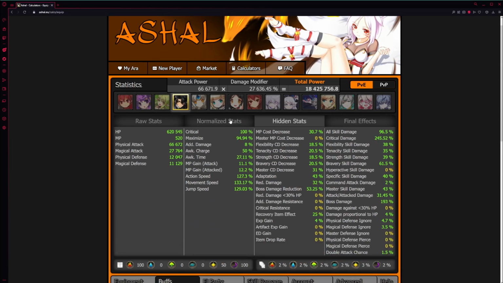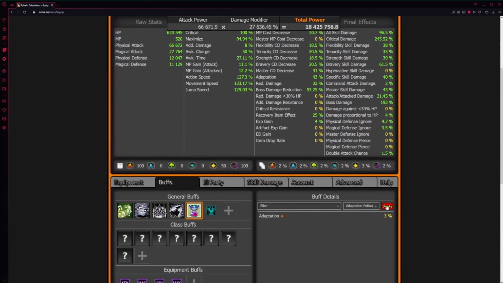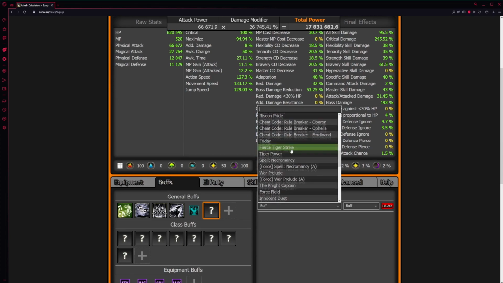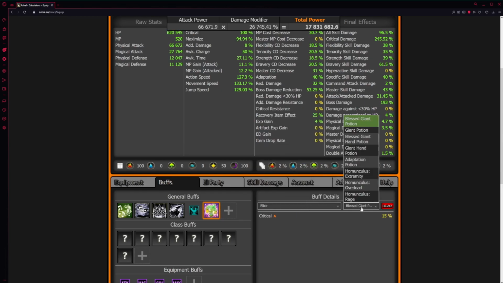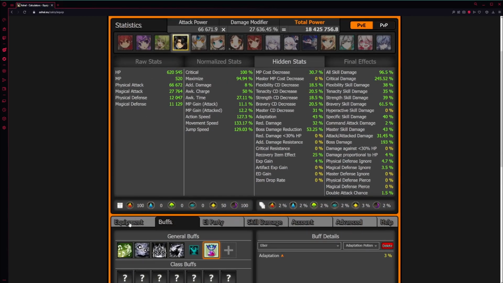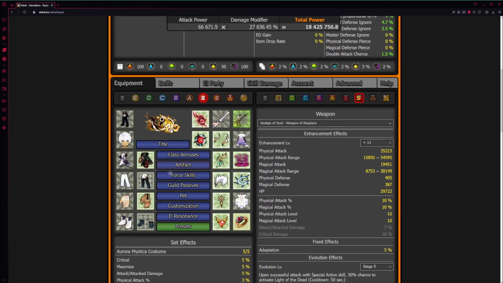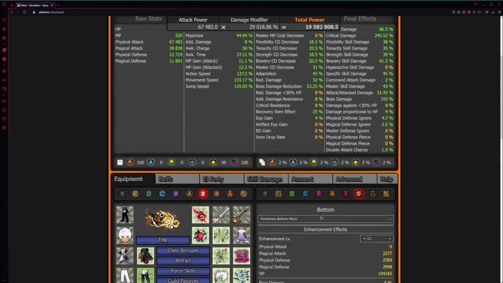Let's see, where's my adaptation here? Here it is, 43%. Something seems off. That's strange. It should be 45%. Okay, let's take a look at my equipment again. Adaptation here. I'm going to figure this out. Ah, yes. Okay, wait. Actually, never mind. It's because I'm using the two-piece sabers. So for the sake of this, we're going to put it to 21 because it gives 2% adaptation.